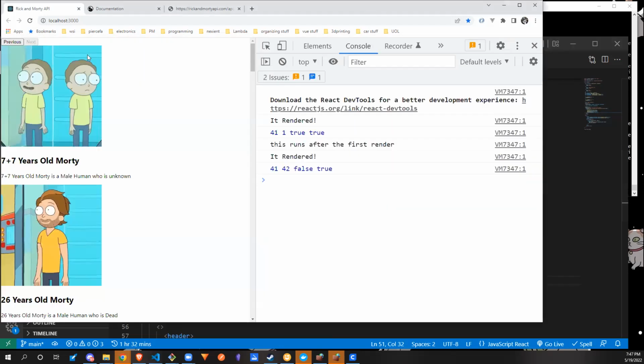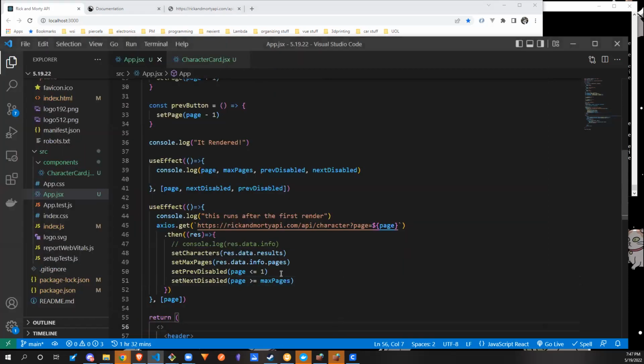That's weird. All right, so 41, false and true. So this true here is saying that there isn't any place to go after this. We want this to say that it's false. So if it's false,